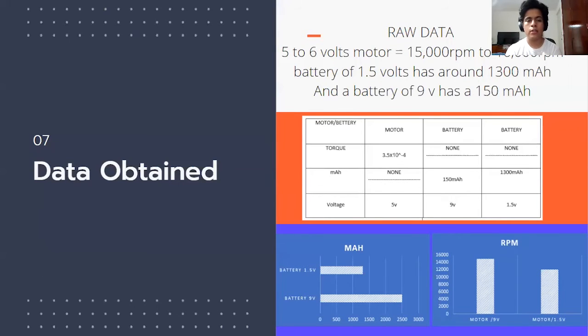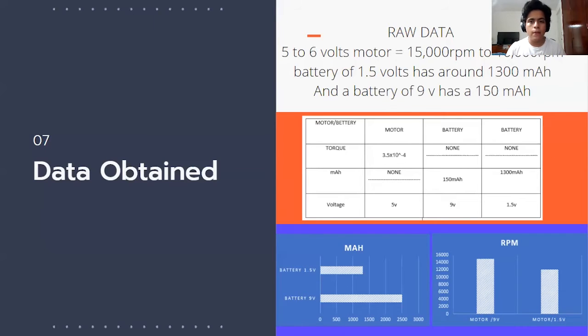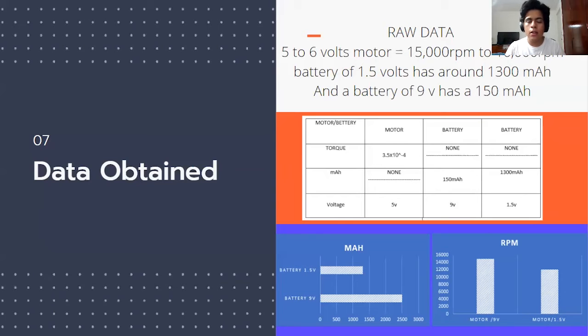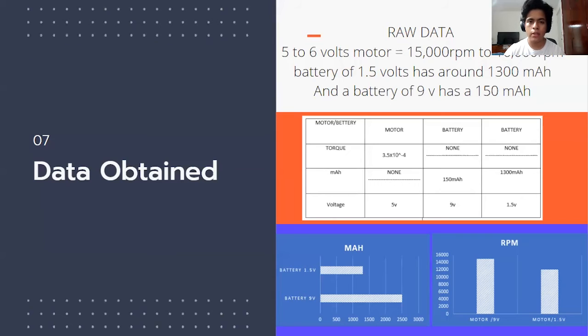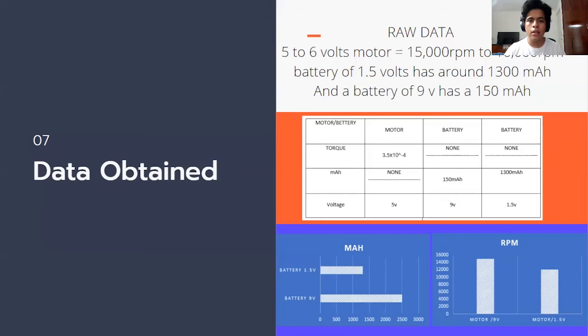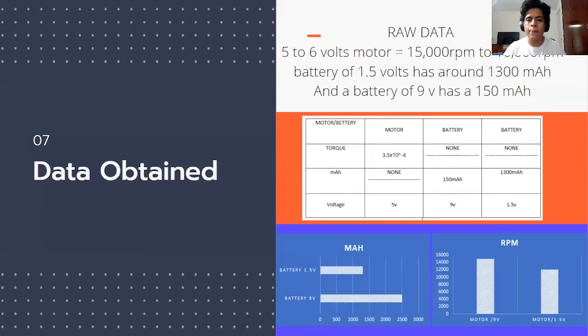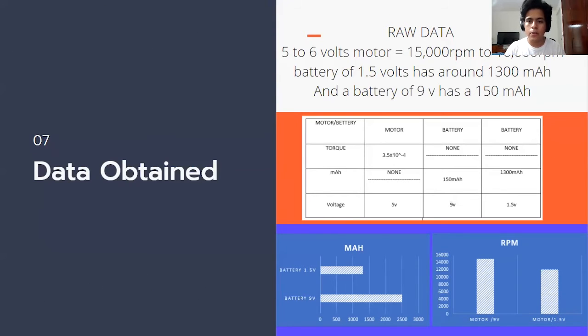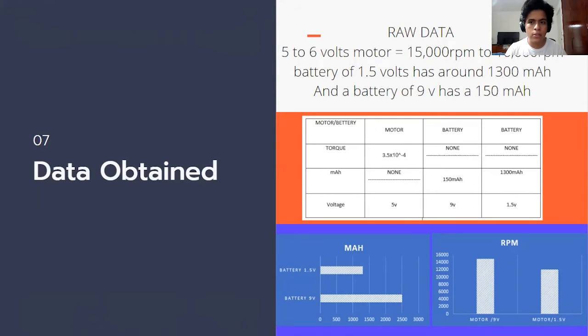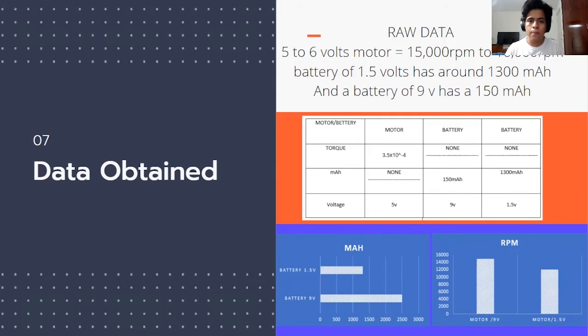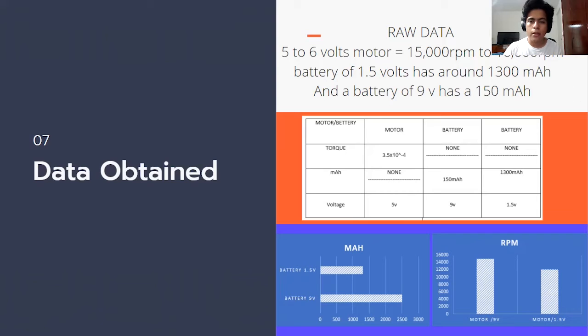Now, since I had already made the experiment, I can get to my data, and this is the data obtained. At the top, we can see the raw data that was pretty much the first data I had from the first delivery, which I searched since these were motors from a toy. I found that these are normally 5 or 6 volts, which can give us the RPM, or the revolutions per minute, from